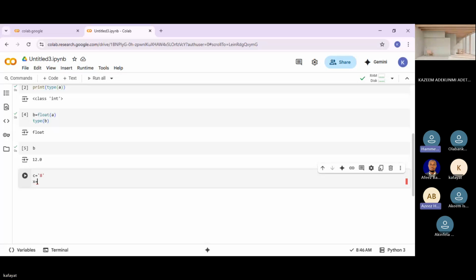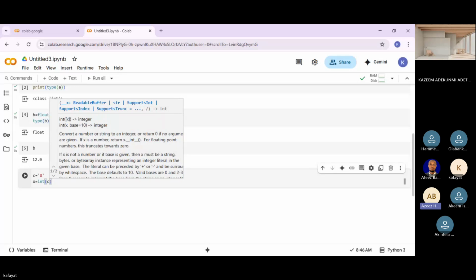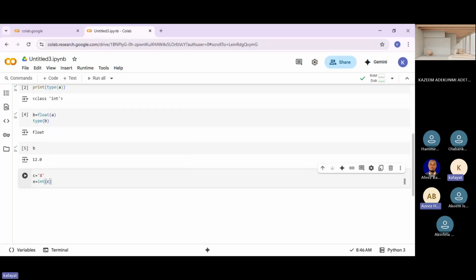We want to convert the text C to a number. Why don't you just remove the quotations? You just remove the quote and it becomes a number. There's another way.